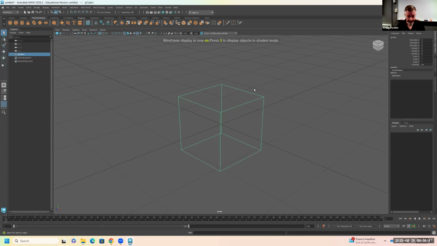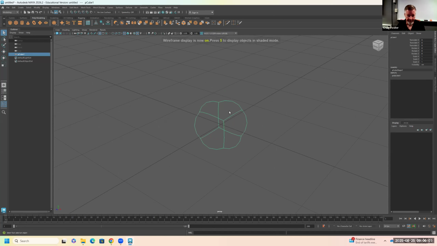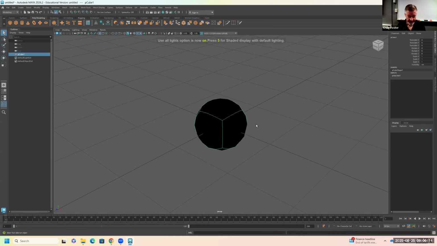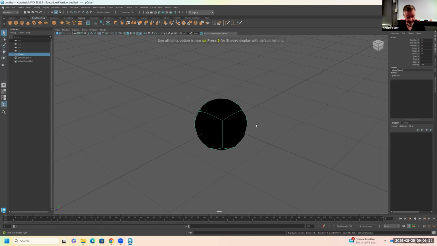So 1 shows the full raw polygon base. 2 and 3 will show the averaged surface that's derived from that polygon. 4 is wireframe, 5 shows the shaded view, 6 shows shading with textures, which we don't have any textures on here yet, and 7 shows the scene with the surface, textures, and lighting. So those are the most useful: 1, 2, 3, 4, 5, 6, 7. Those are the most useful shortcut keys, along with